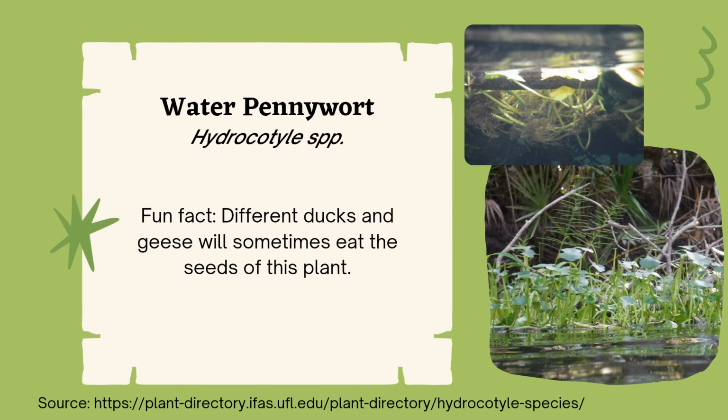Now here is water pennywort, or hydrocotyle species. So they have circular leaves with blunted teeth-like margins, and there's a couple of different species that this could be. It could be hydrocotyle embellata, which has circular leaves, but hydrocotyle ranunculoides has notches or cuts in their leaves that go almost to the center, and these photos weren't clear enough that I was able to differentiate the species. But a fun fact is that different ducks and geese and other waterfowl will sometimes eat the seeds of this